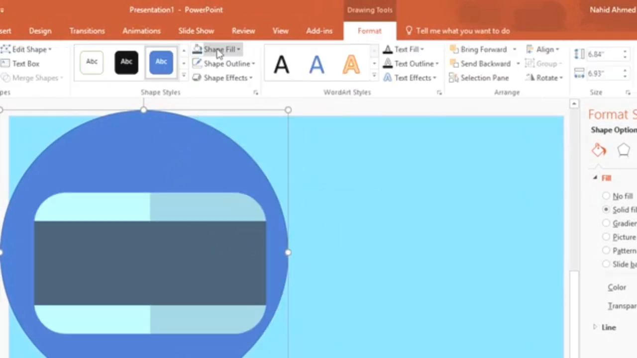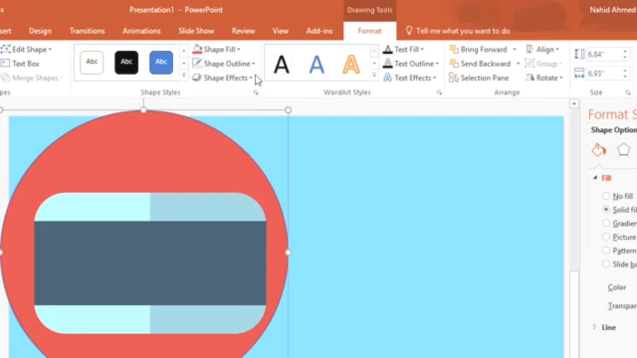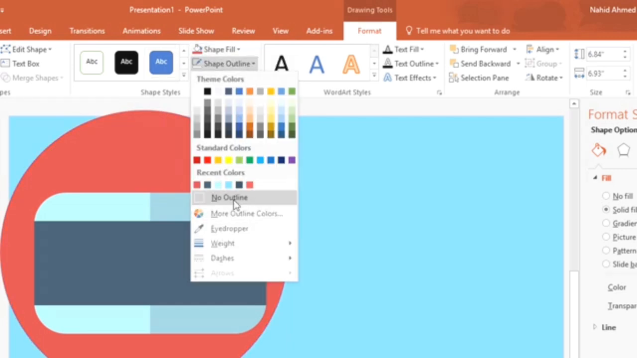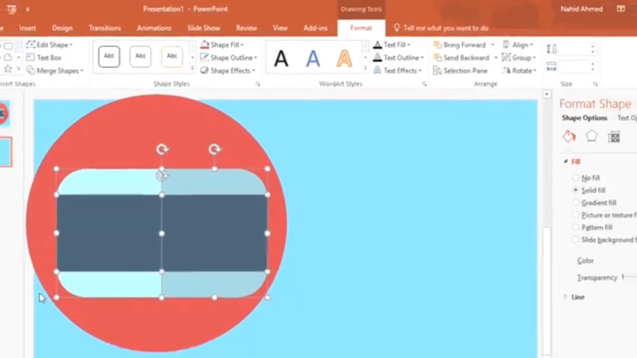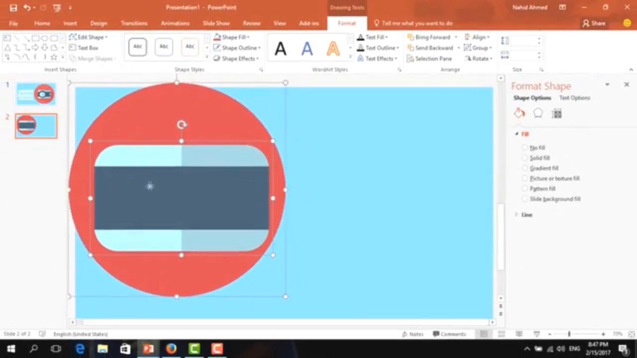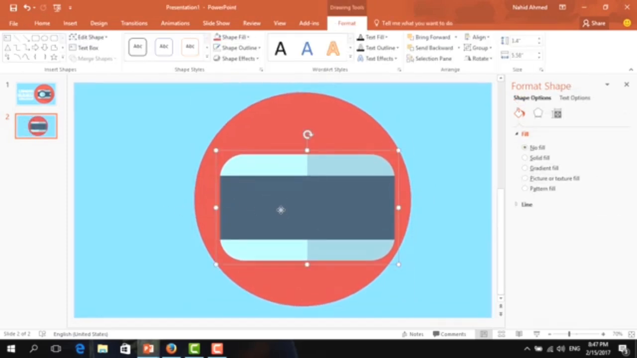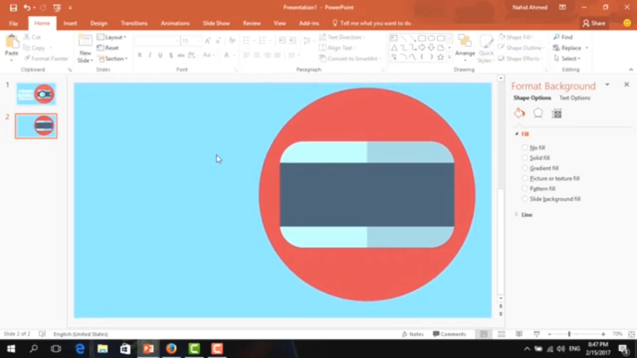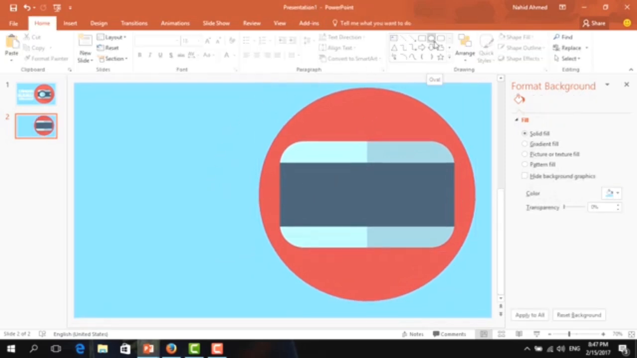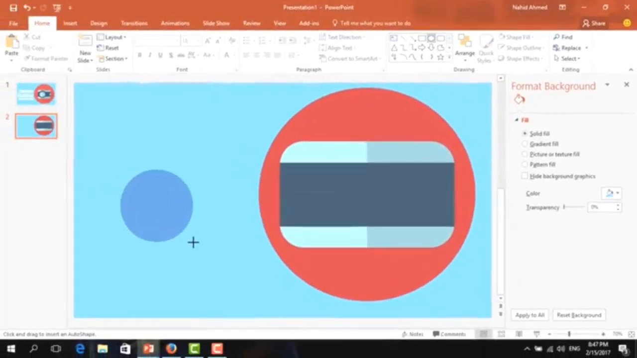Now go to format, click shape fill and change the color. Again shape outline, make no outline. Then select all those things and place it over here and just make it in center. Then again place it here and pick this circle again and make a small circle